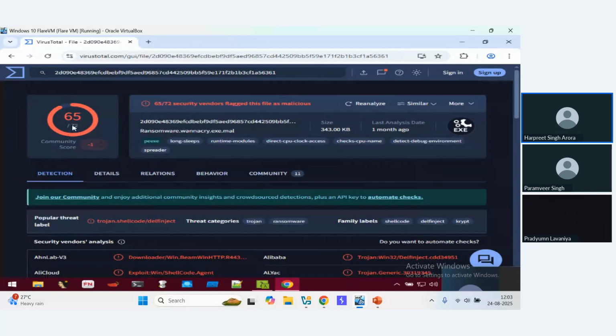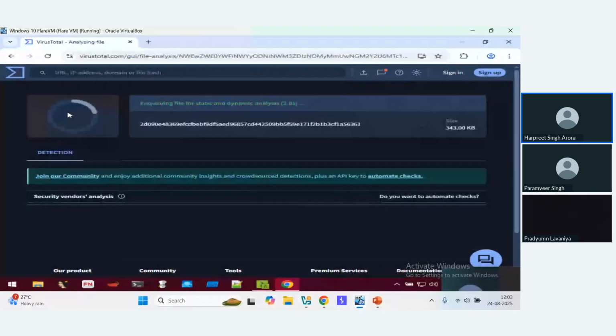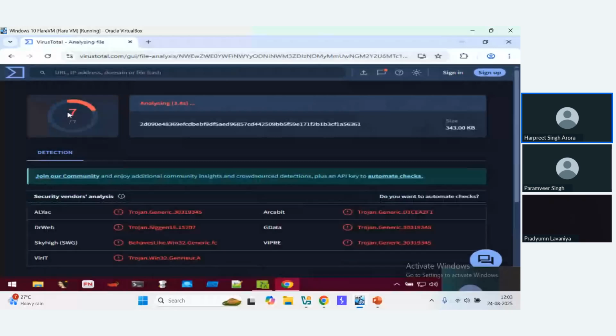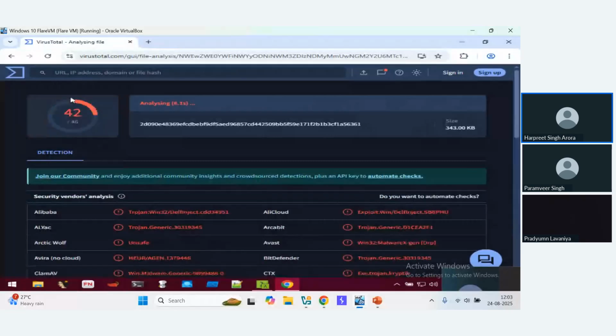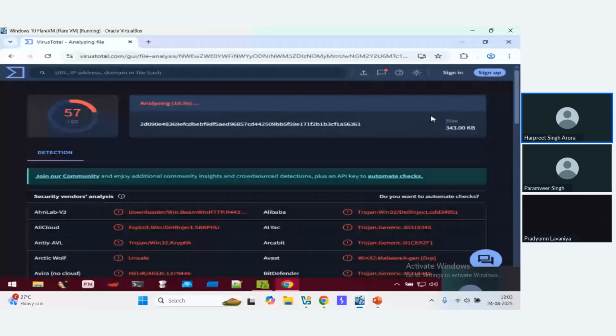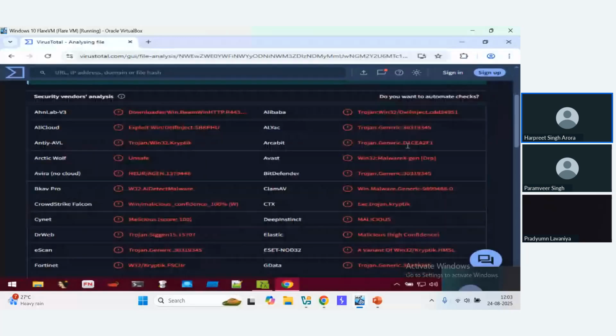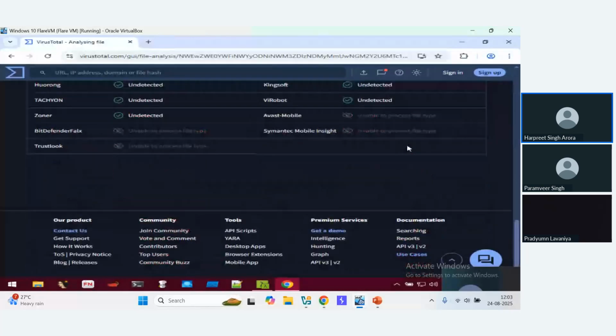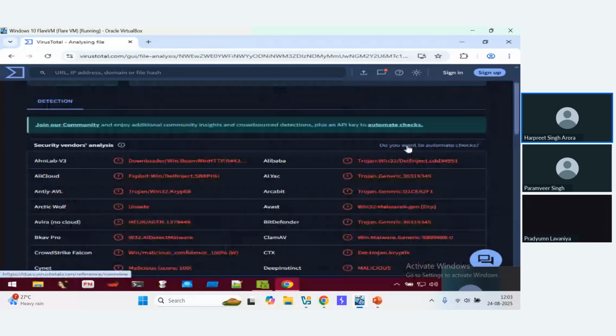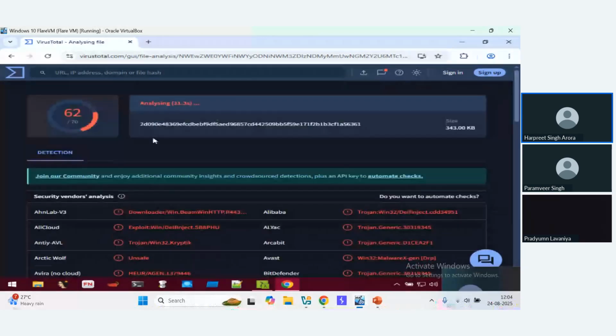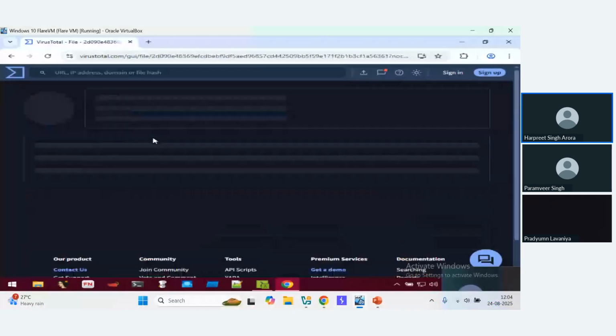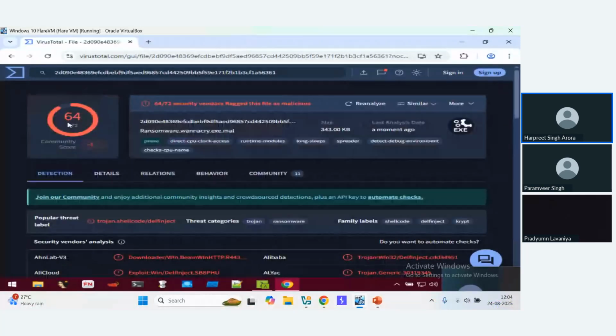But wait a minute. It says the last analysis date was 1 month ago. So let me reanalyze. It could change the analysis. It could change the number of vendors which have flagged it. That's one thing that you have to keep in mind while you do checks with VirusTotal. It not only provides you an analysis that, okay, 64 out of 72 have flagged it. The details